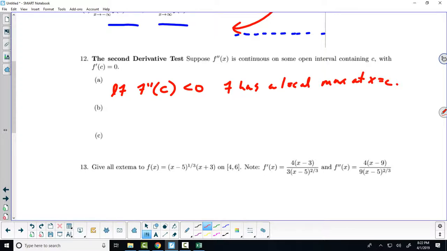Now careful, that requires that f double prime exists, right? And be continuous. Okay. What about if f double prime is positive? Well, if f double prime is positive around c, then the function is concave up. If we also have a horizontal tangent line, where on your generic concave up shape do you have a horizontal tangent line? At the local min. So f has a local min